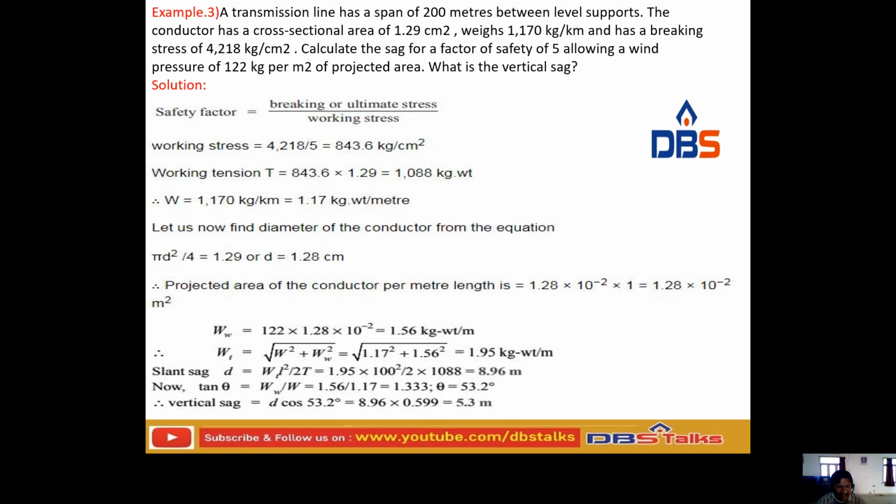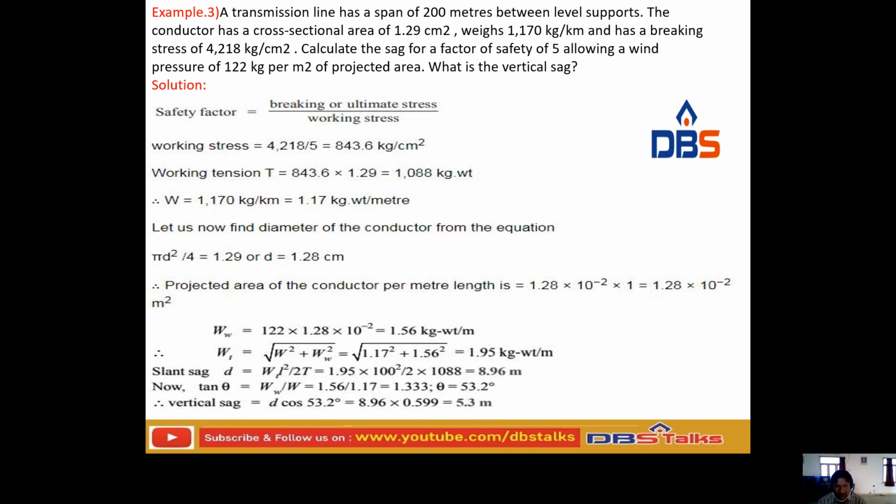Now calculate the vertical sag. Vertical sag is equal to S into cos theta, right? So here they mentioned D, not D, S, taken as S. S into cos of 53.2 is equal to 8.96 into 0.599,